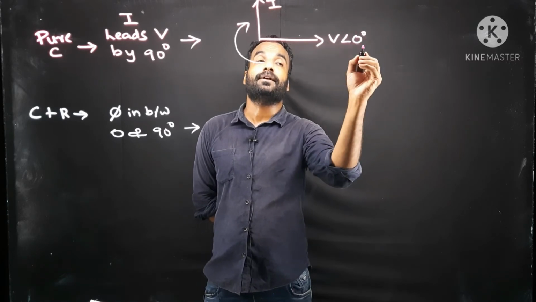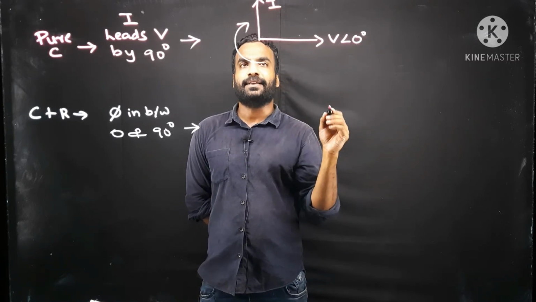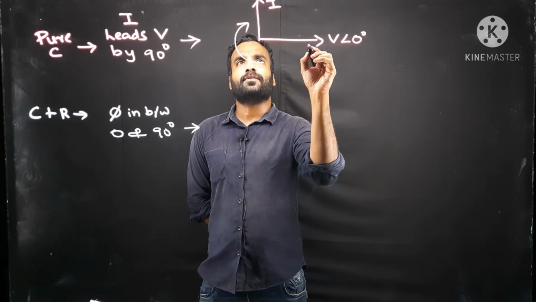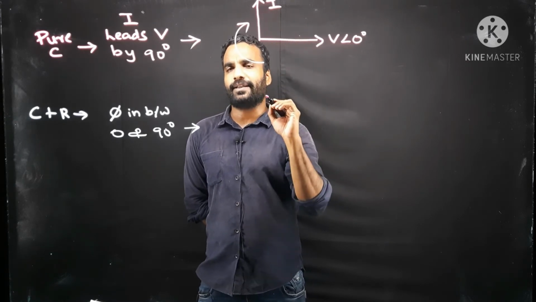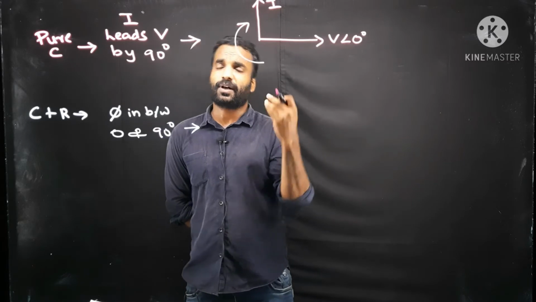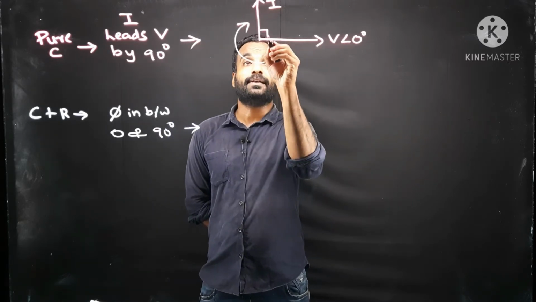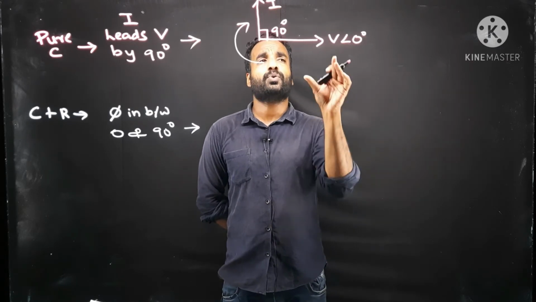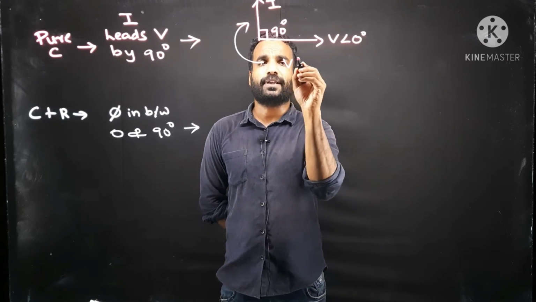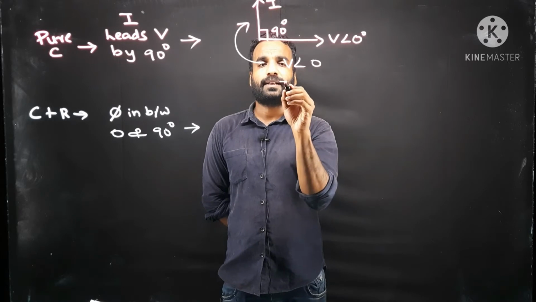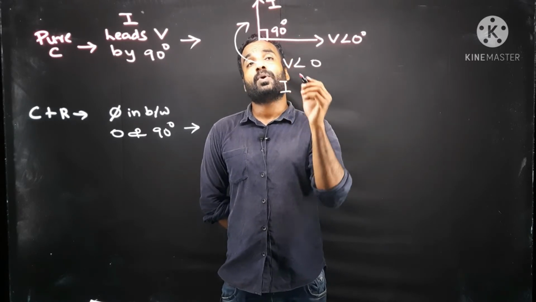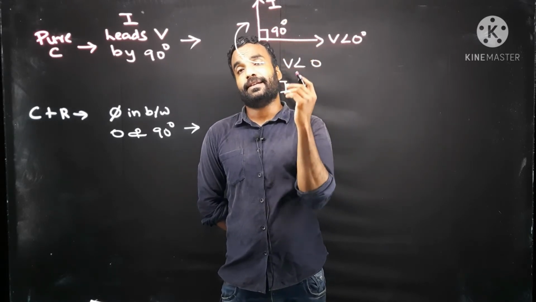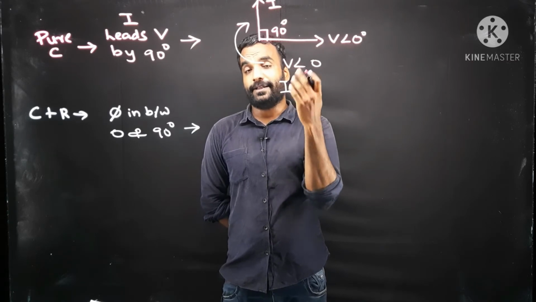So you have to take the voltage angle as 0 degrees. Now tell me, with respect to voltage, is the current leading or lagging? You are seeing current first, so current is leading. How much angle leading? 90 degrees leading. And how can you write the current in this form? Voltage is V angle 0. Current should be, you are seeing 90 degrees earlier.